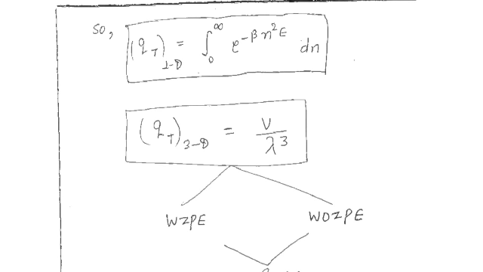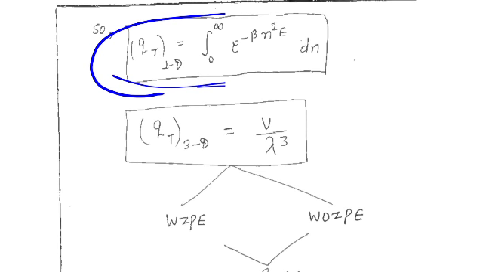We had just removed 1 minus 1 because n is very high. So what is this? This is the translational partition function for the system having zero point energy. So we got no difference in the partition function of the system having zero point energy or the system without the zero point energy. We got the same expression for both of them.